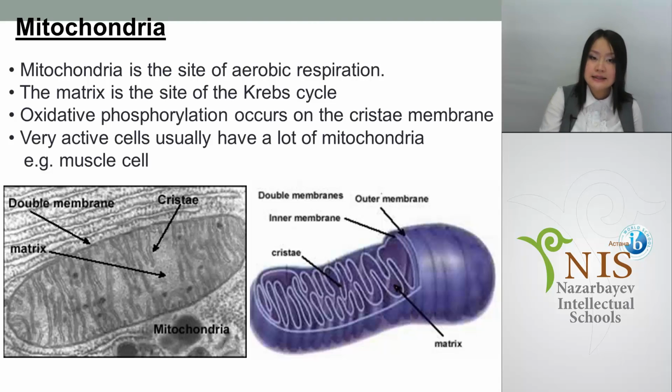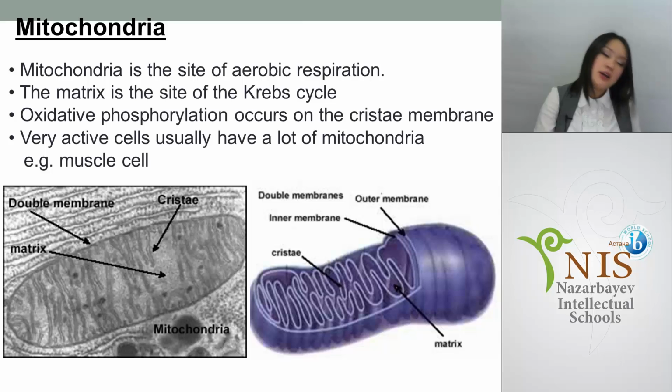Mitochondria is the site of aerobic respiration. The matrix is the site of the Krebs cycle. Oxidative phosphorylation occurs on the cristae membrane. Very active cells usually have a lot of mitochondria. For example, our